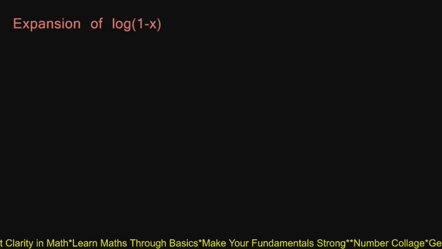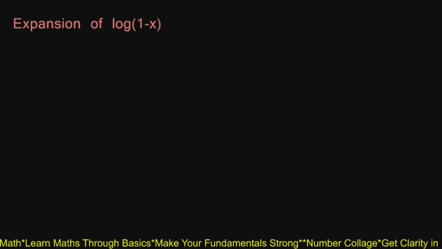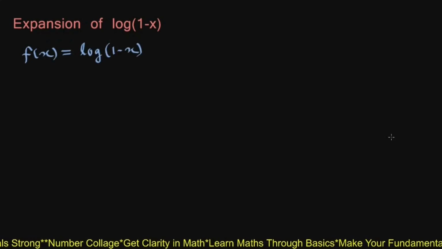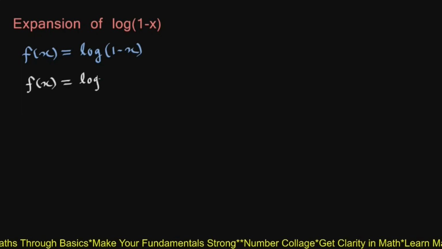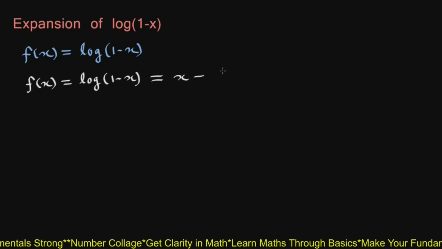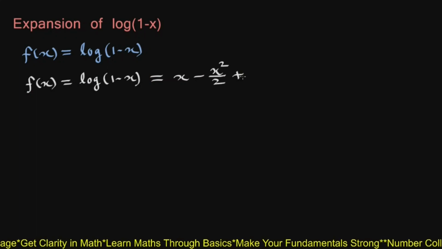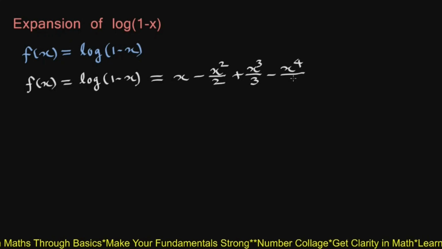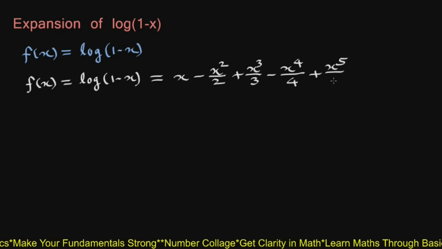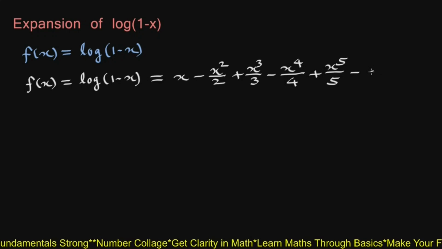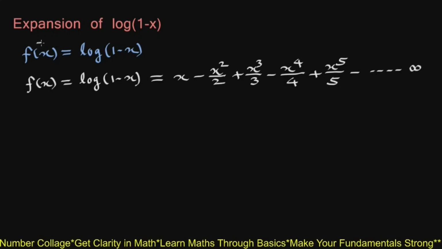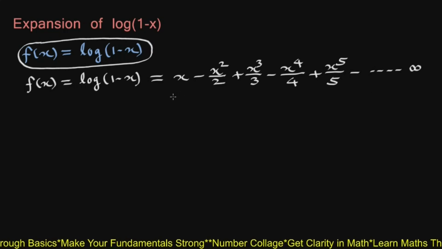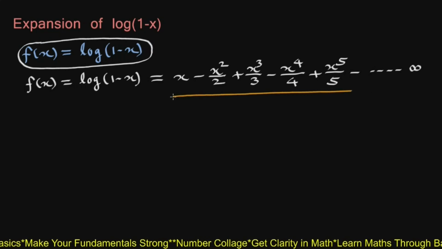Next we see expansion of log(1 - x). So let f(x) = log(1 - x). We have found the expansion of log(1 + x), which is x - x²/2 + x³/3 - x⁴/4 + x⁵/5 - and so forth up to infinity. Expansion of log(1 - x) can be obtained by replacing x of this expansion by